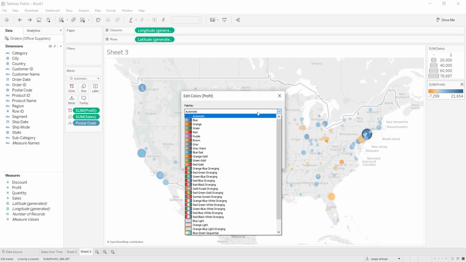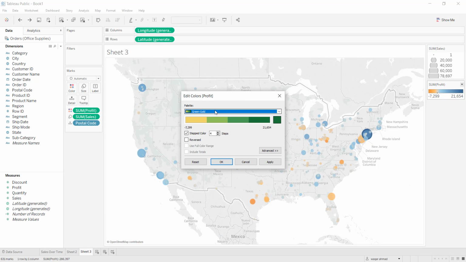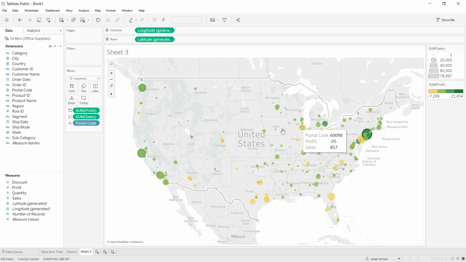And we can always change the types of colors we want as well. So instead of blue and orange, we can always go to green and gold, which is the example I'll use here. We can see that the highest value for the sum of profit on color is a very dark green, 21,654, whereas a range for a not so great profit would be negative 7,299, and it covers this entire range. So let's hit apply here,